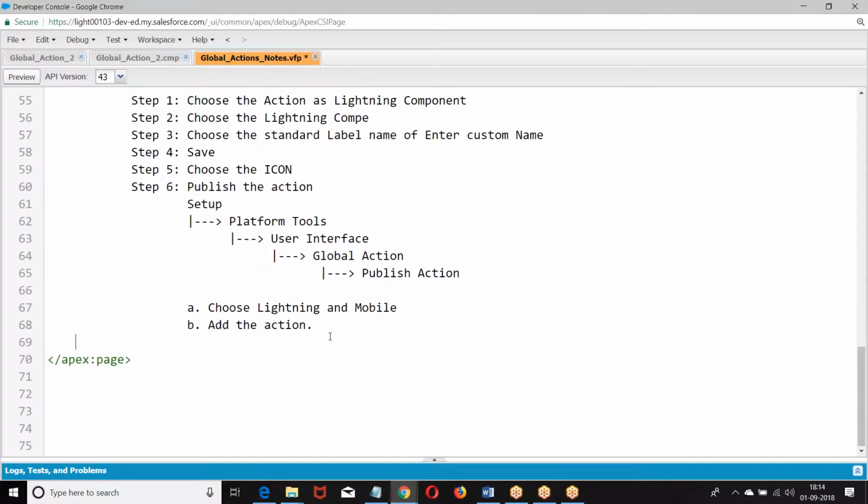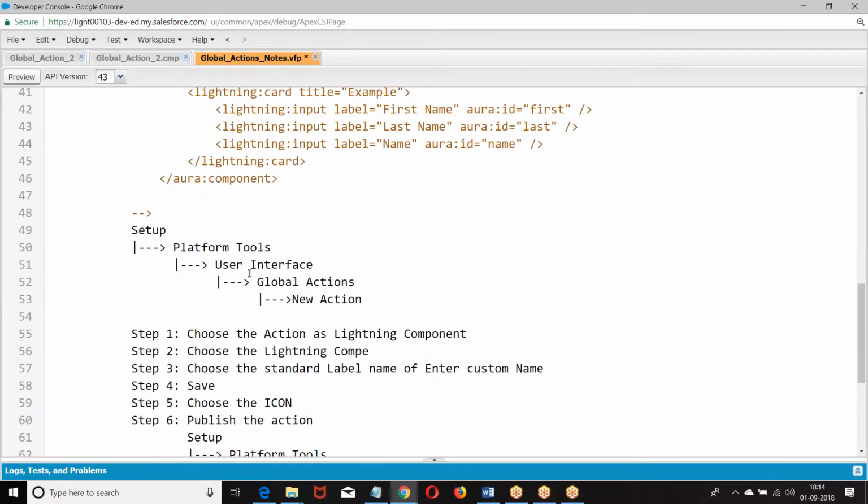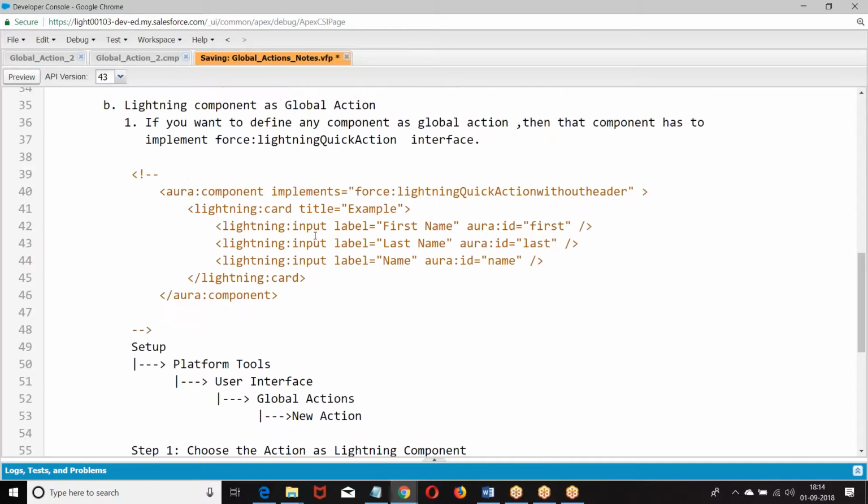Publish it. The same story, but only thing is we are choosing the lightning component. Now I made it simple, but we are supposed to go for an Apex class. The extension can be there. We can define an Apex class and insert the data using it, or I can go to the client side controller, call the client side controller. I can go with LDS, create a record. I can go with the events.